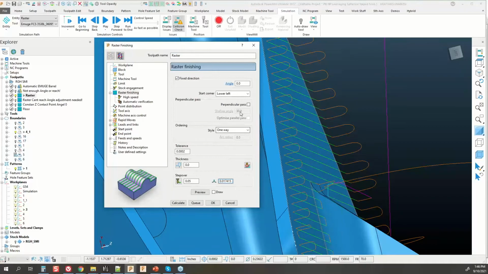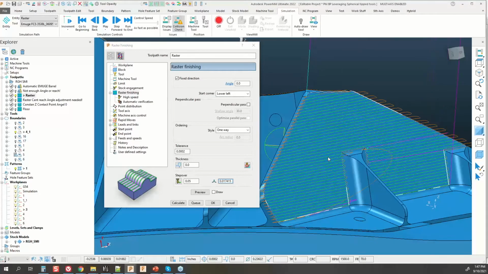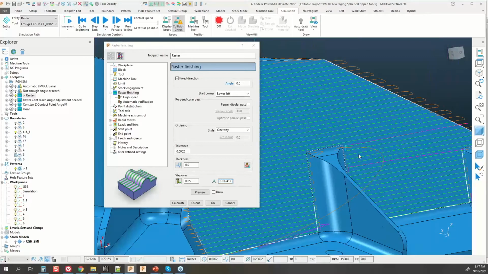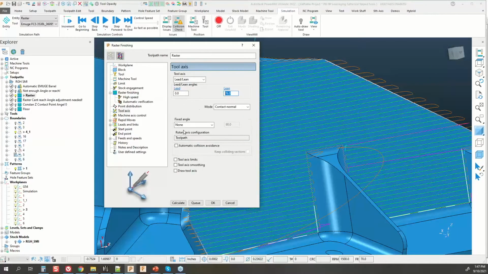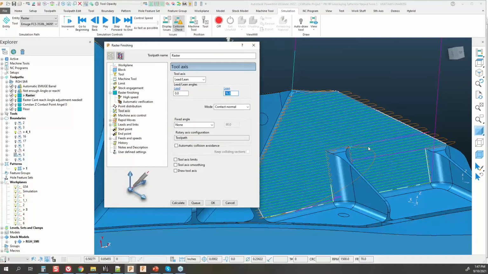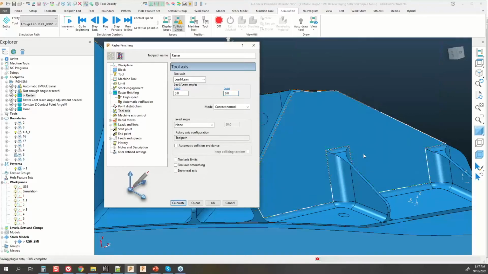Recycle the tool. There are some edits involved in here. Now, with that calculation, I will point out that whenever we're cutting, and this is an aluminum part, so I did want to go both ways with this, we're always going to want to keep our ordering to one way when we initially calculate this toolpath in PowerMill. And this is a rule that I teach whenever we teach 5-axis, is that your tool axis angle definition is set to a specific angle at this point, and based off the contact normal of the surface, right? So if I say 0 to this contact normal and I calculate this toolpath,